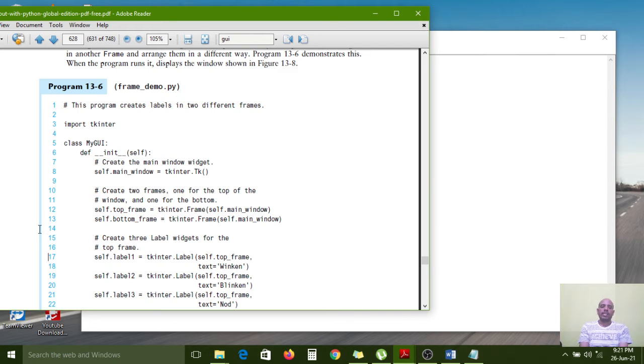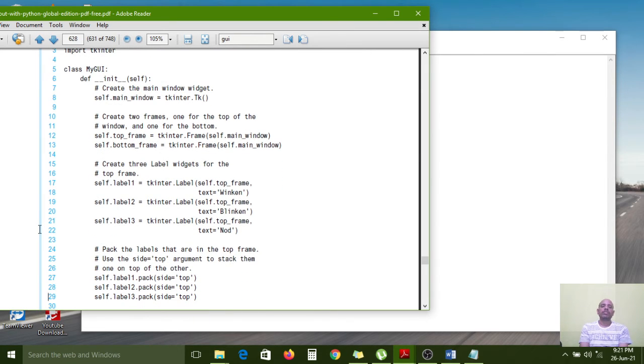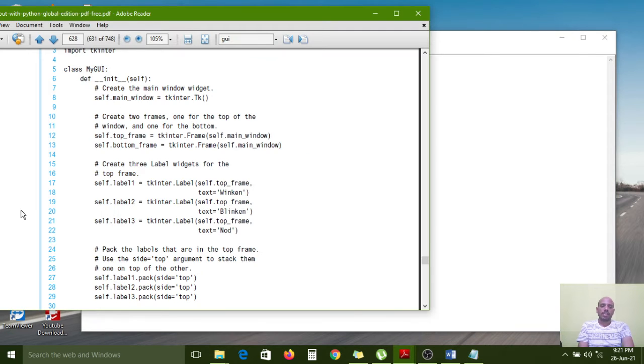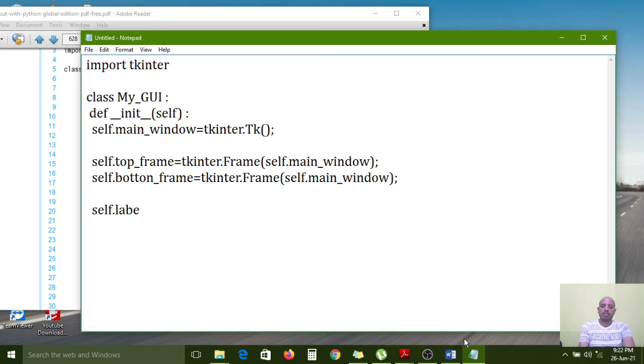Now I want to create the labels. Two spaces, self.label1 equal to tkinter.Label, first letter capital, the Label function we need to call.